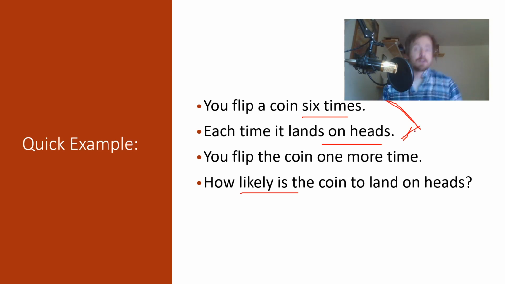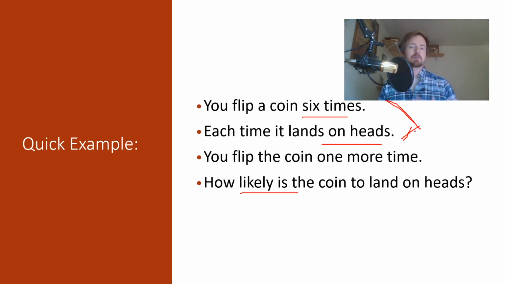Now, if we wanted to, we could rephrase this question very differently. We could say, what is the likelihood of flipping 7 coins and it always landing on heads? That would be very different. That would not be 50%. But if we're talking about just this one coin flip, then the answer is 50%. But that doesn't come easily to us. This is something that causes us to scratch our heads. We want to work out the math. We want to think about it a little bit, or certainly I did whenever I first came across this example.